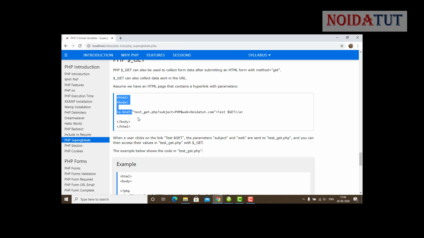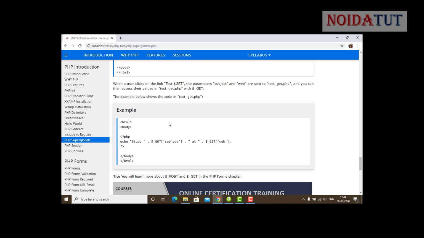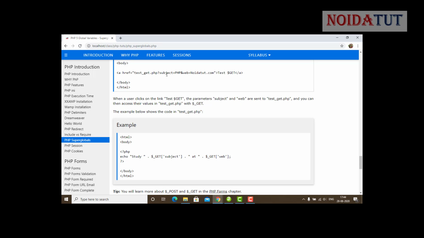Now this is the procedure. In this page we are sending the value to the next page, and in this page we are grabbing the data. So $_GET['subject'], the subject came from the browser, from here, and web came from here. This is how we grab the data when it is passed to the next page, using the get method.